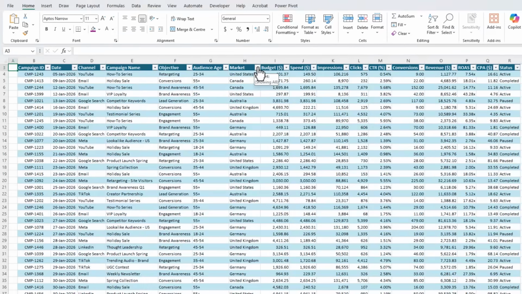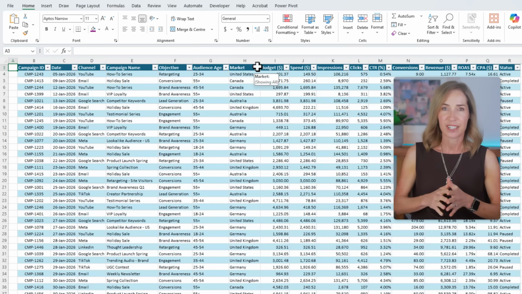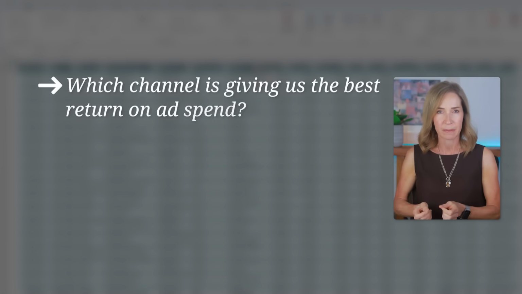Now each row represents a single campaign entry, and across the columns we have metrics for budget, spend, impressions, clicks, click-through rate, conversions, revenue, return on ad spend, and cost per acquisition. Data sets like this naturally lead to questions like which channel is giving us the best return on ad spend,